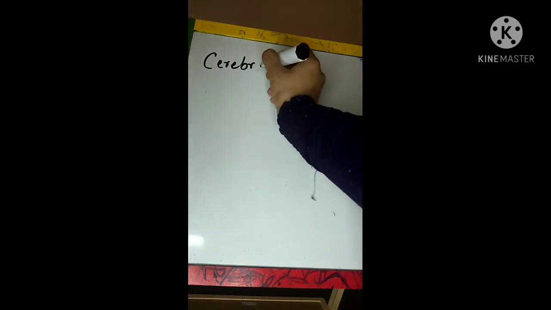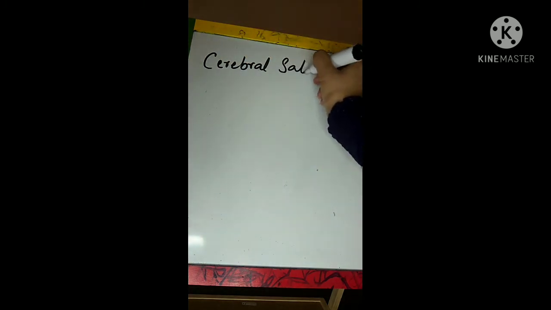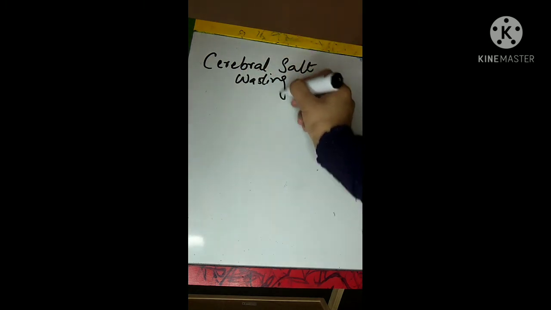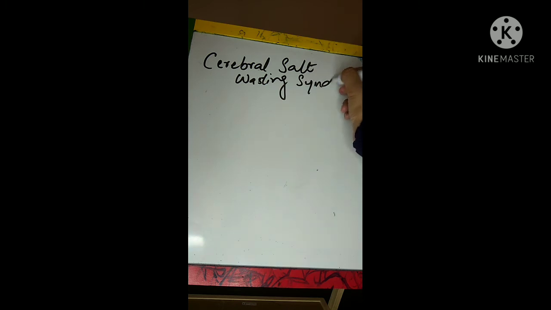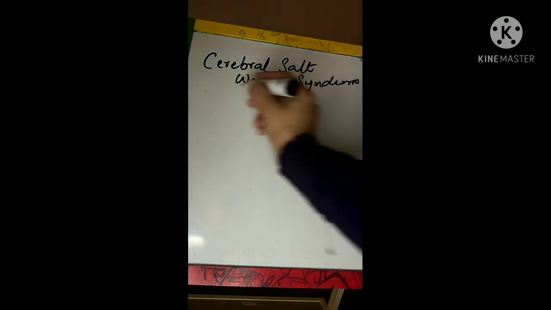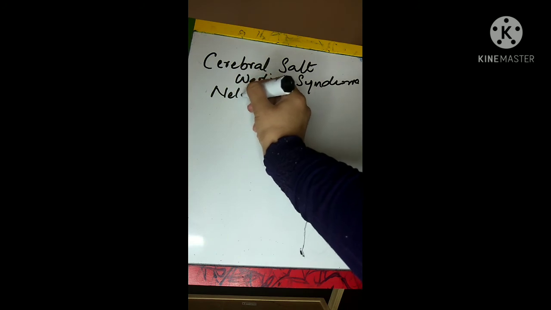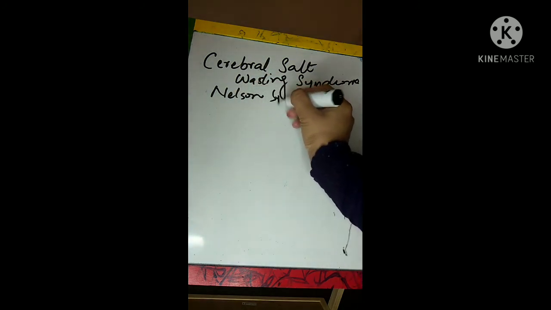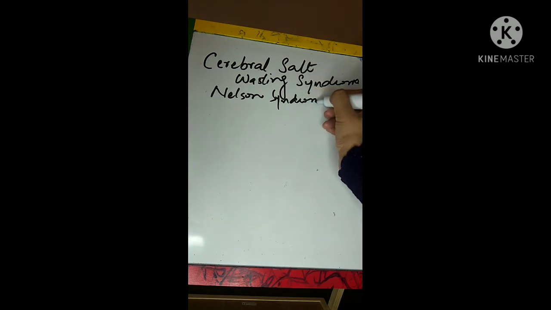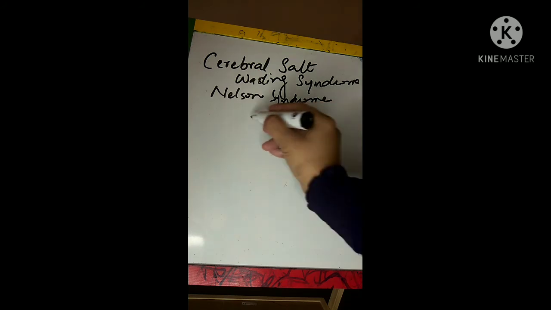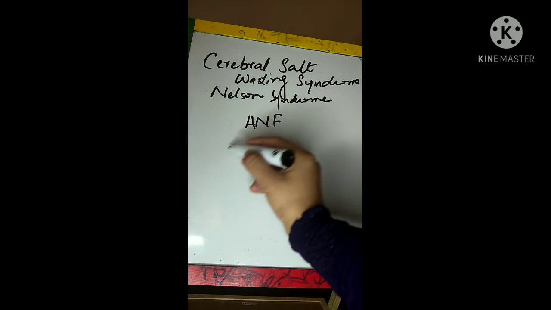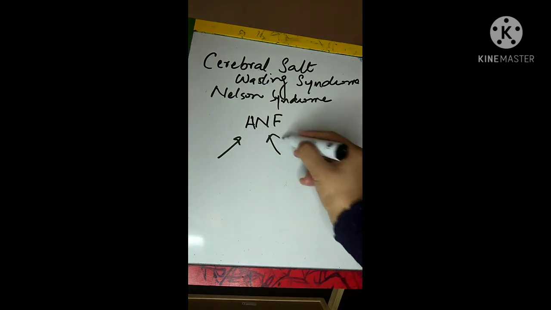So now we come to the last part. It is cerebral salt wasting syndrome. And I will tell you how to differentiate cerebral salt wasting syndrome and SIADH, because sometimes they look similar, but the management is totally different. I will explain. So cerebral salt wasting syndrome is also called Nelson syndrome, and what happens is basically there